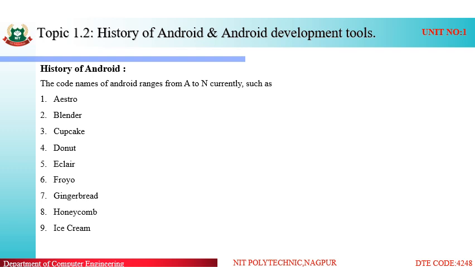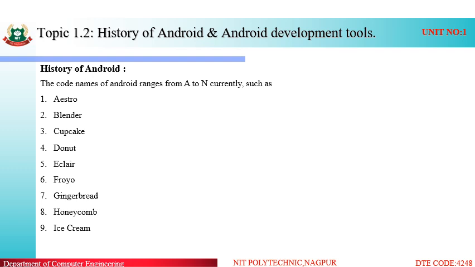The first version was used in year 1998. So this was developed approximately 22 years back, that is our Android technology for mobiles.